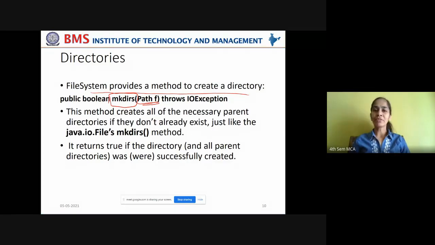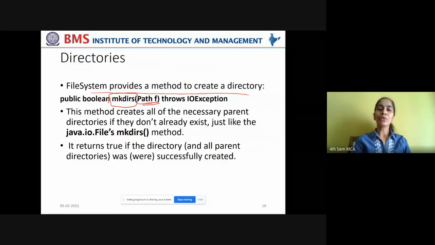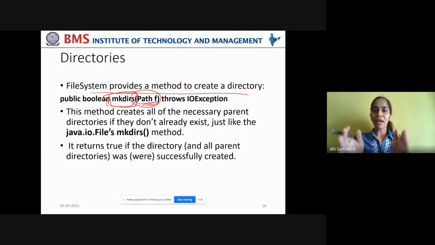So under this file system, if you want to create a directory, you can do that by using the mkdirs method by passing the path where the directory has to be created.